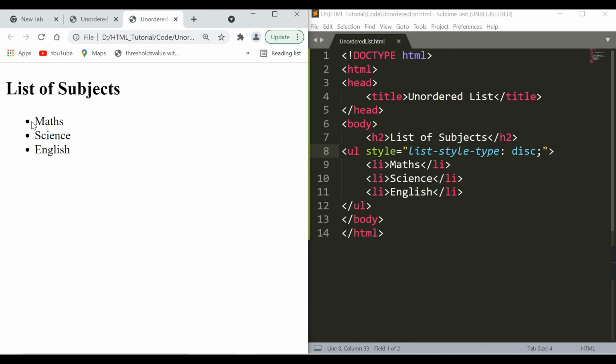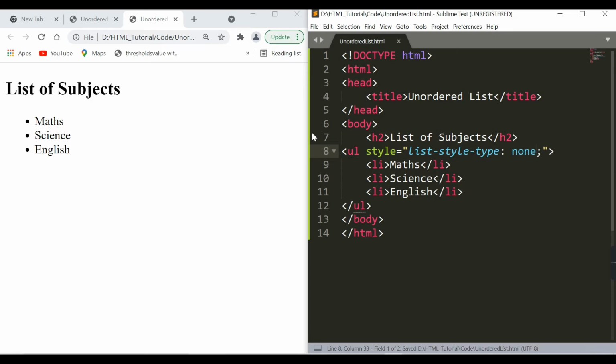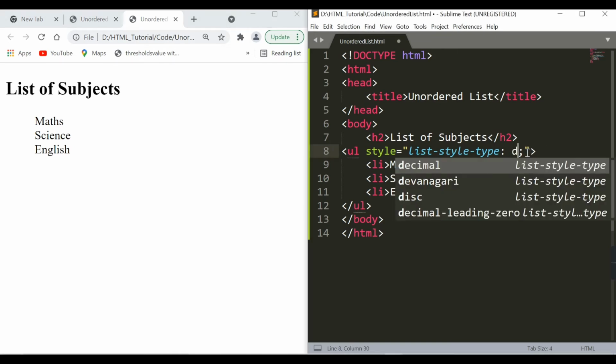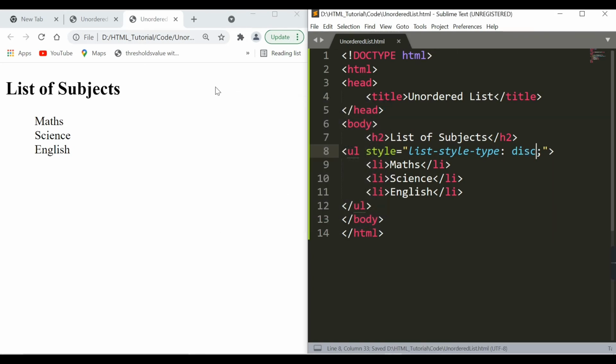Yeah, so this is the default one which we get, and if we say none, in that case we do not get any marked item for our list data items. So this is unmarked, we don't get anything here. Let's say we want to represent in the form of disc only. Refresh. Yeah.